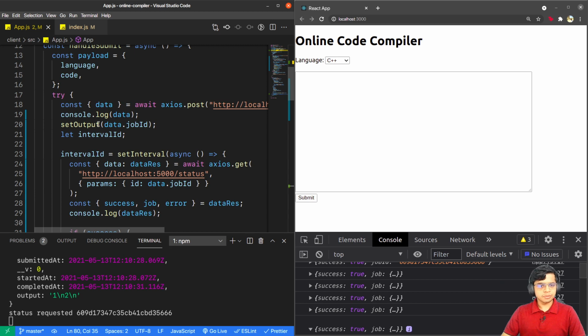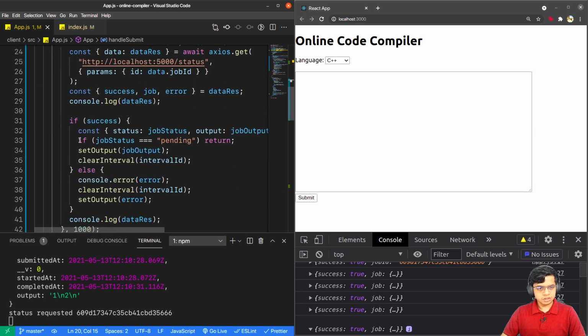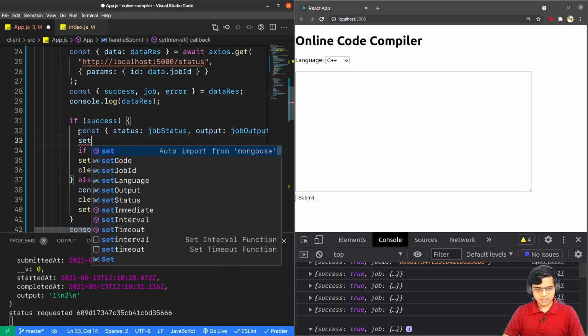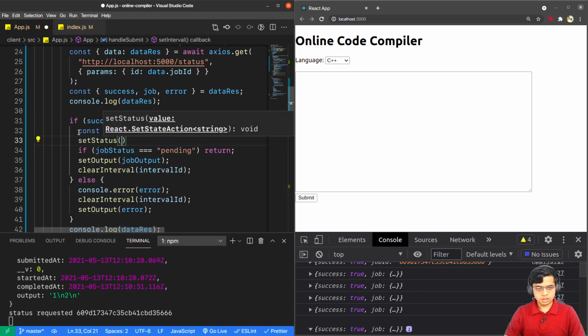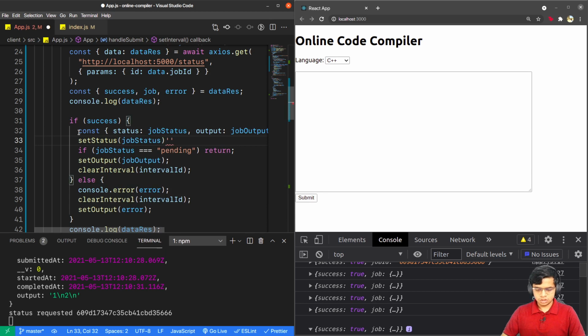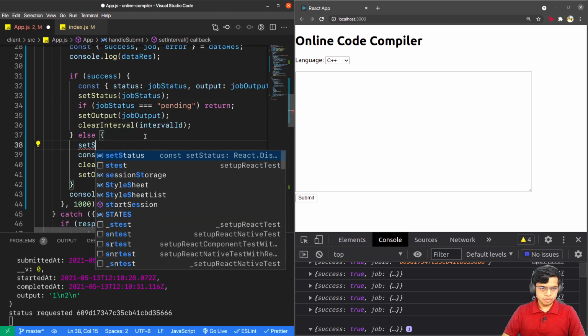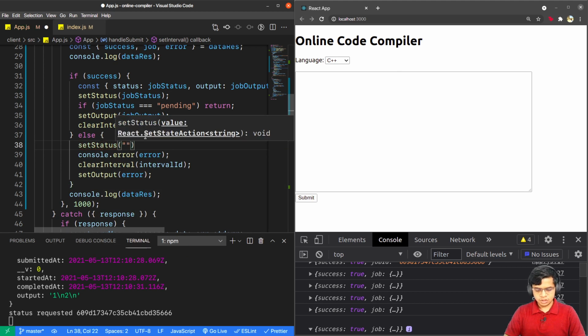Now inside the handleSubmit function, we'll change this function to setJobID. The outputs are being set fine, and we'll also set the status here, setStatus as it is jobStatus, and if we get an error, we would say error.